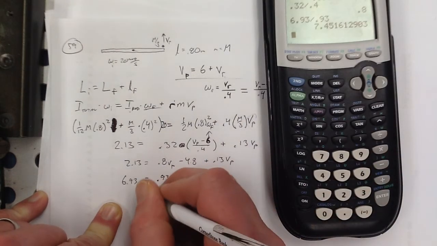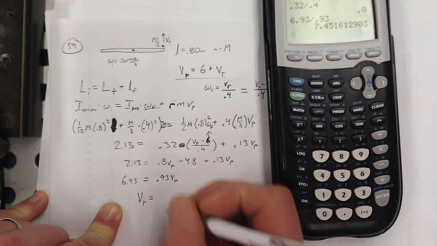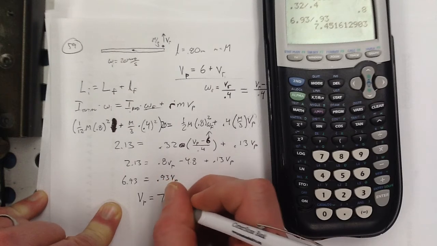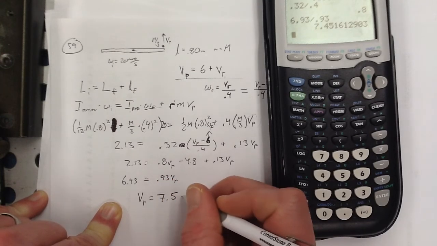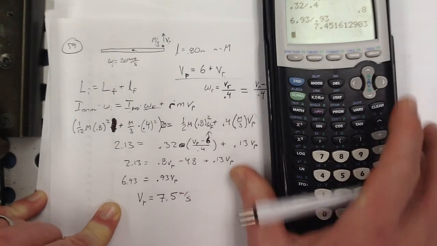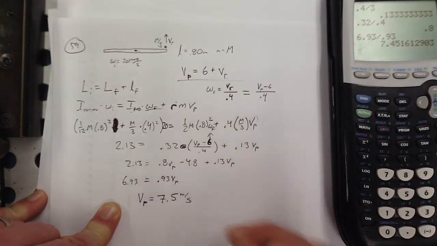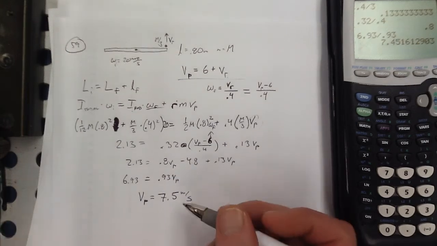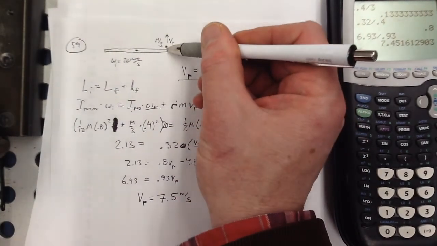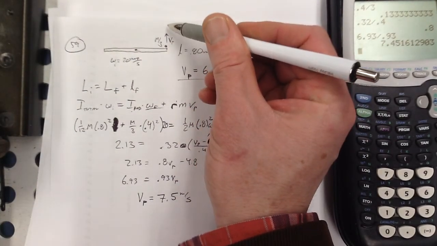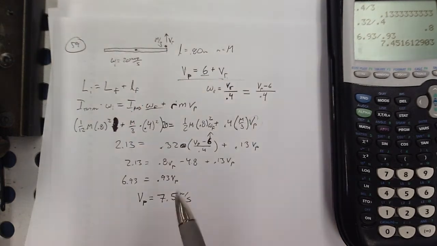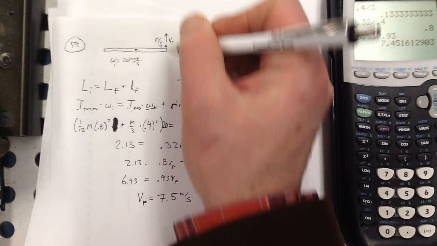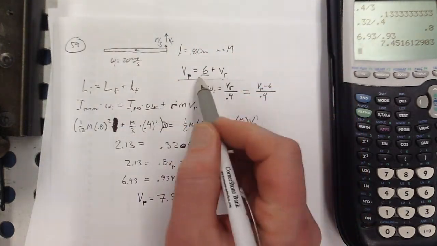And that gives me a VP of 7 point, what are they going to call that? 7.5, I bet, meters per second. And just before I even check that, let's see, does that make sense? This little particle was ejected from the end of the rod, and it's going 6 meters per second faster than the end of the rod. So that makes sense, that it got ejected and it kind of slowed the rod down quite a bit,